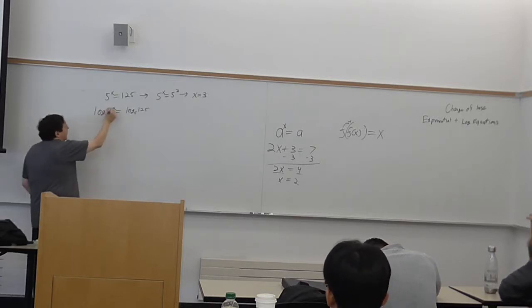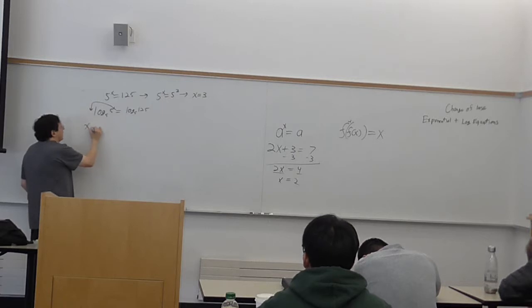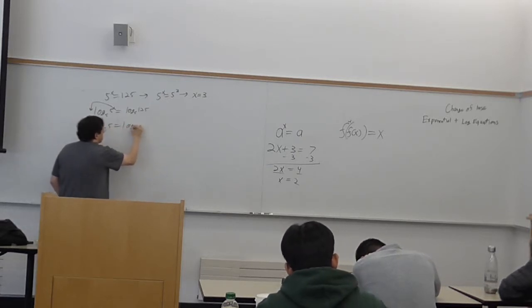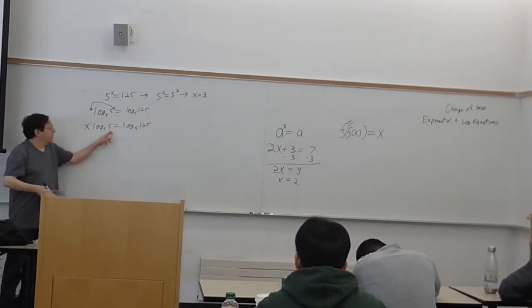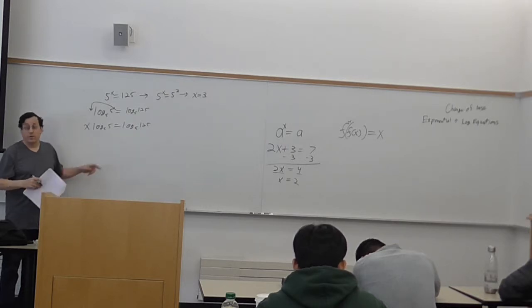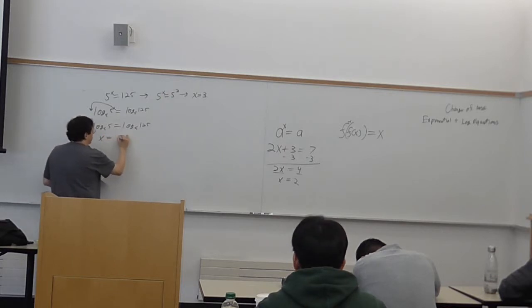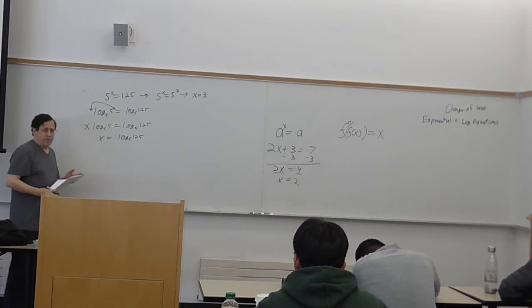Okay, my x can come out in front here. And again, log to the base 5 of 5 is 1. So it was a good choice of the base. And now I know my x is log to the base 5 of 5. Well, I already have